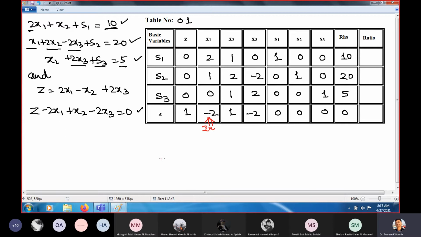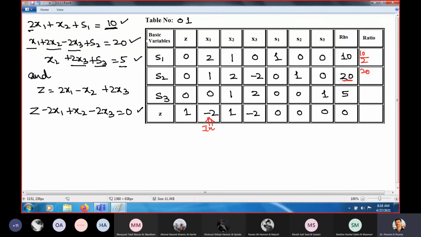Okay, so we are doing this one. Then these are the ratio numbers: 2, 1, 0. Clear? But in the last lecture I also told you, if we have a negative number or a 0, these numbers will not be treated in the ratio. So 0 we will not consider. We will consider only 2 and 1 in the ratio. Clear? So the ratio is 10, this number 10, divided by this number 2.